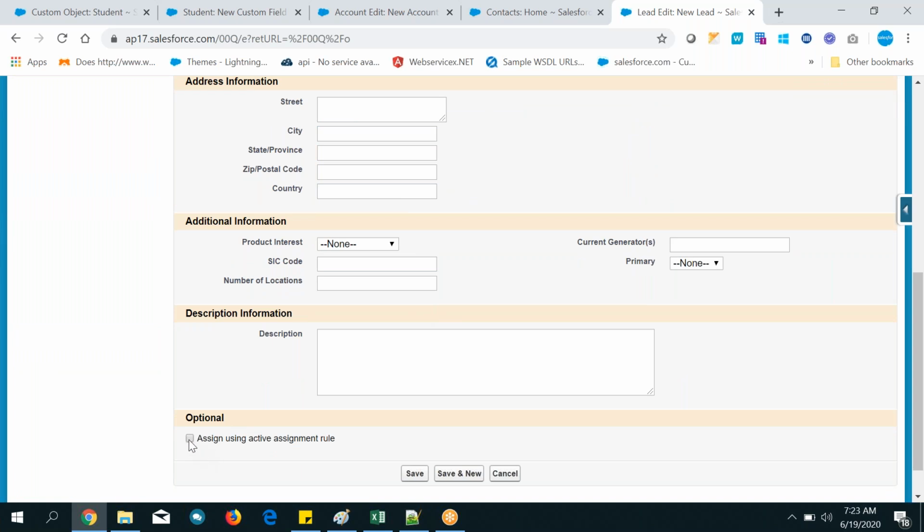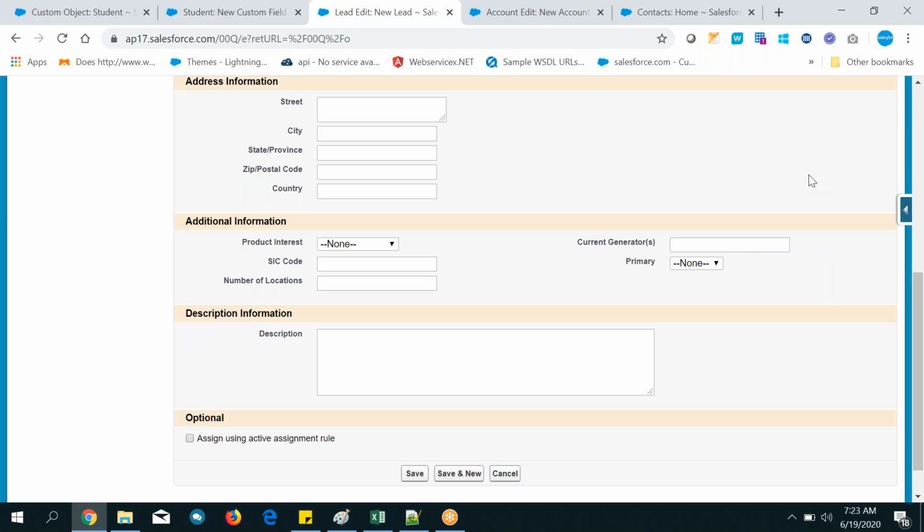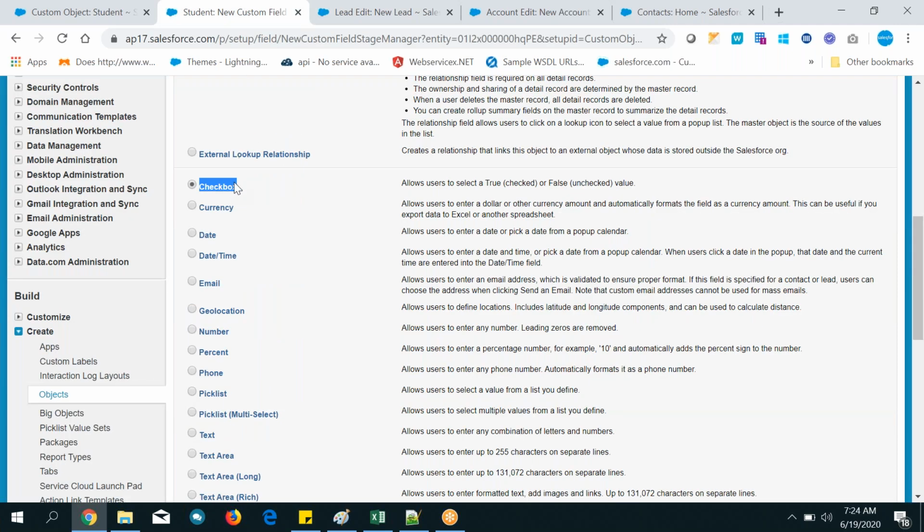So can you see here? One checkbox is there, right? It should look like this. If you are going to create a field with the checkbox data type, the field looks like this. This is the name which we are going to give, and this checkbox is like this only. So this is how it will display. That is called a checkbox field.